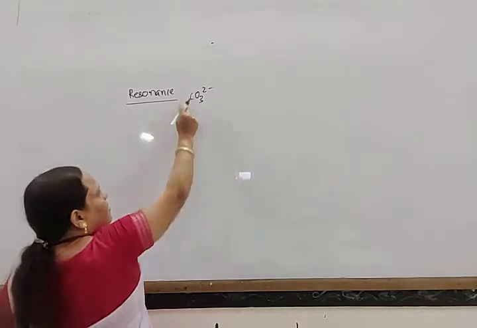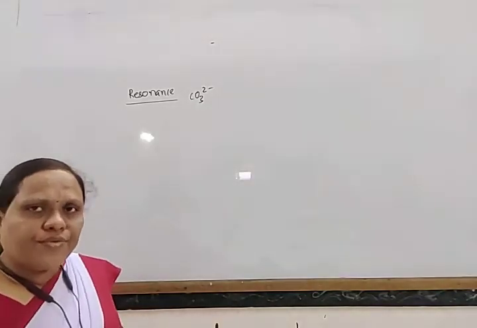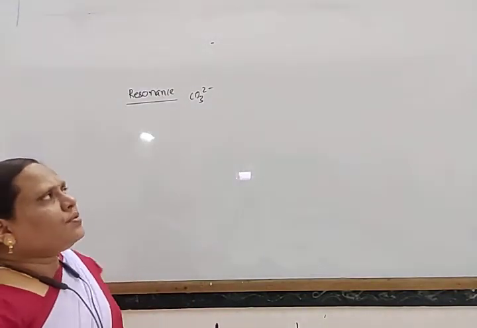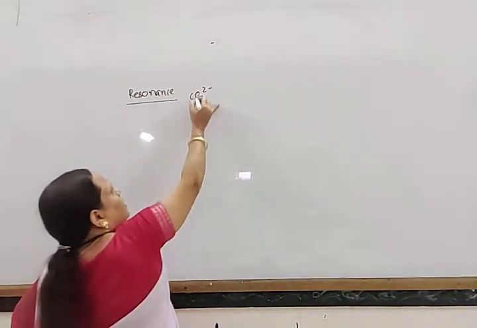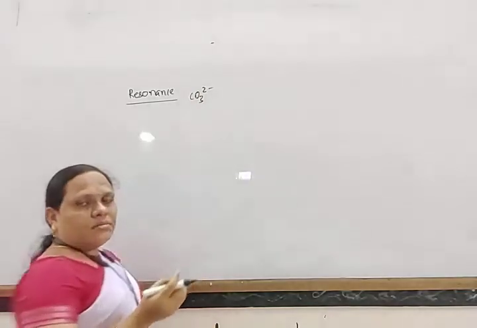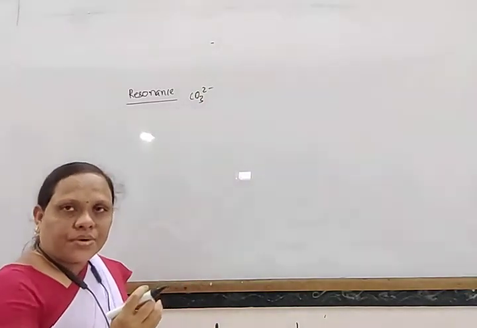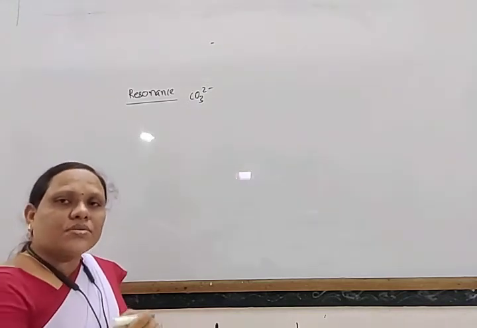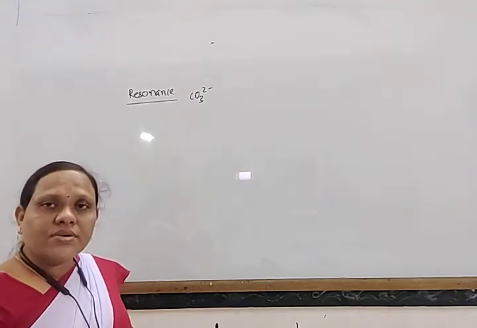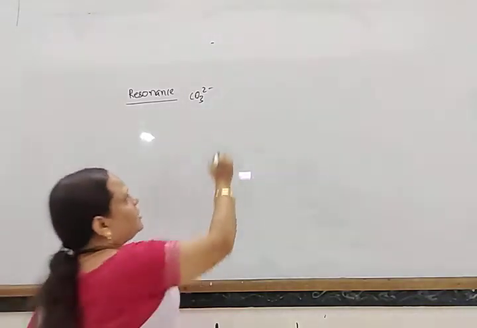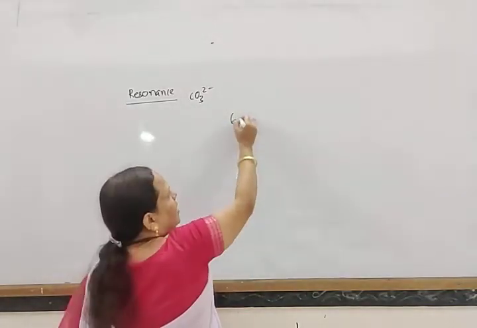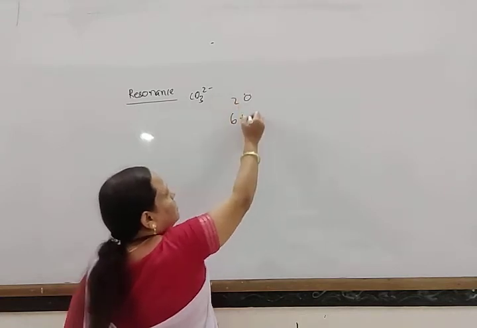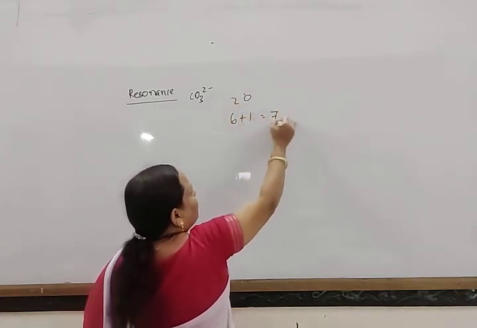So carbon has valency 4. In this way it can form 4 bonds, and one oxygen has a valency 2. So we assume that two oxygen atoms among them receive 1 electron each. Now the valence electrons of those oxygen atoms become how many? 7. There are 6 valence electrons in oxygen, and two oxygen atoms among them receive 1 electron each, so now there are 7 electrons.